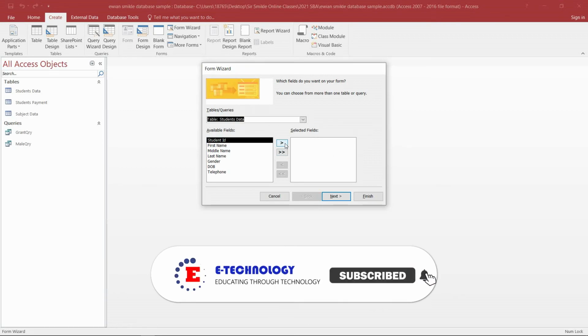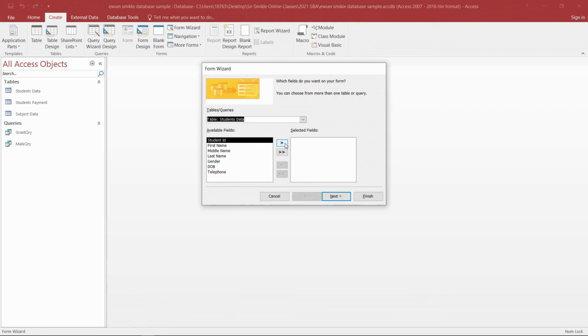The single greater than sign allows you to send over fields one at a time. The double greater than sign allows you to send everything over at once. So you can send them over one by one, or send everything over at once. When you send everything over, the opposite appears, which is the less than sign, where it does the same thing. Now that you have understood that,